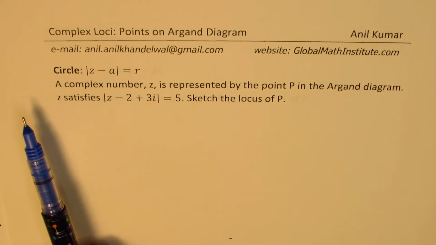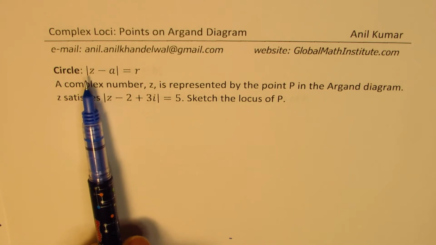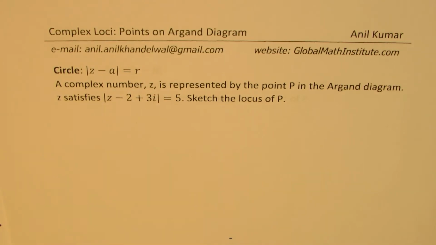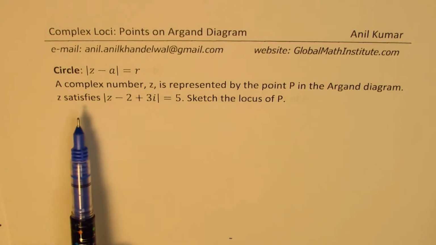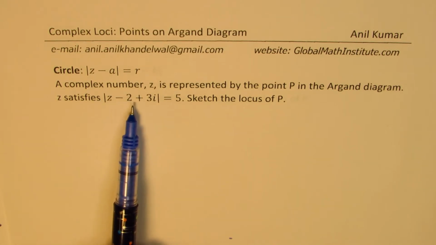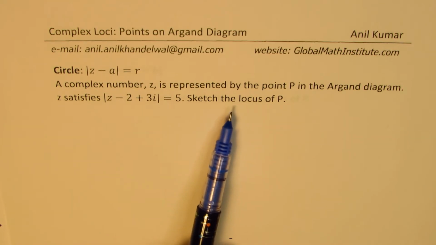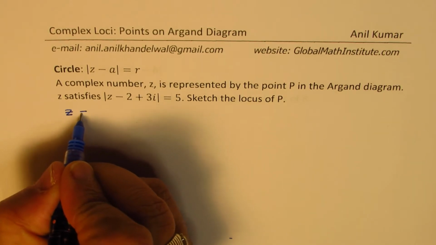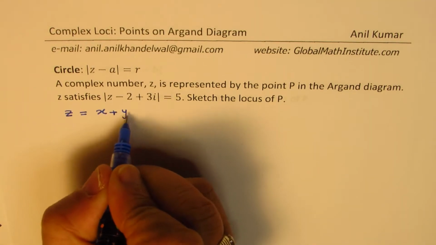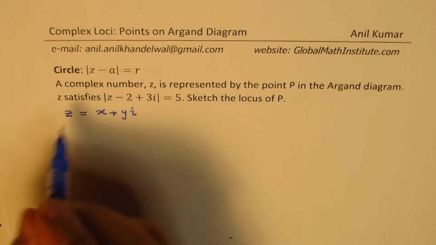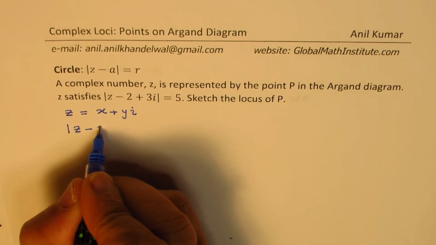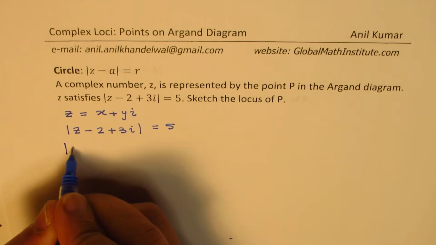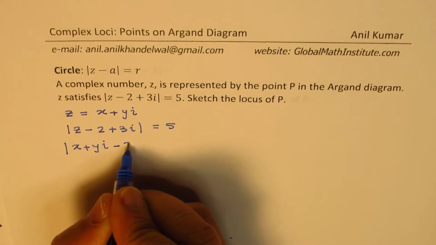The very first one is of the form absolute value of z minus a equals r. A complex number z is represented by the point P in the Argand diagram. z satisfies the absolute value of z minus 2 plus 3i equals 5. Sketch the locus of P. So we'll take z as a complex number x plus yi. Now replacing this in the given equation, we get the absolute value of x plus yi minus 2 plus 3i